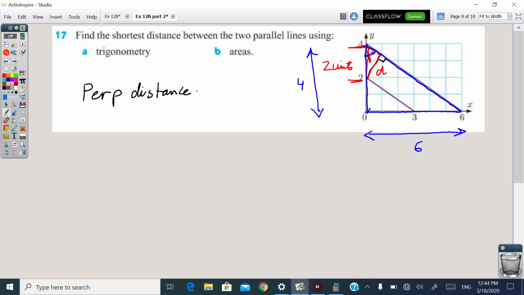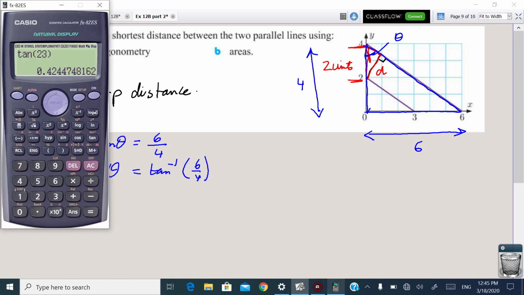If this angle here is theta, then this is the opposite, and this is the adjacent. So it's the tan. So tan theta is equal to 6 over 4. Therefore, theta equals inverse tan of 6 over 4, giving us